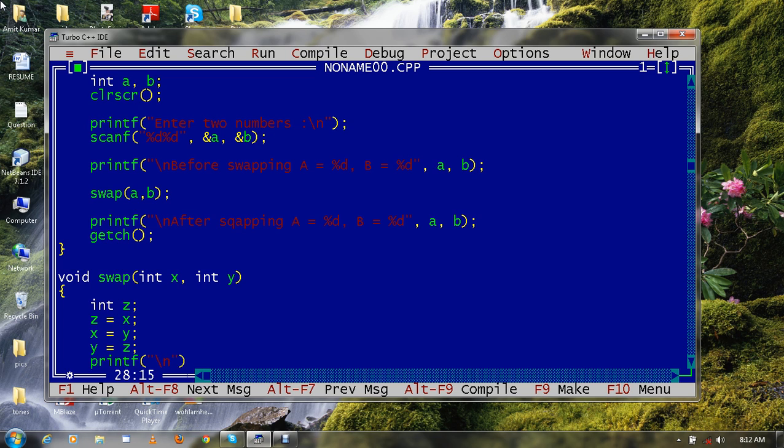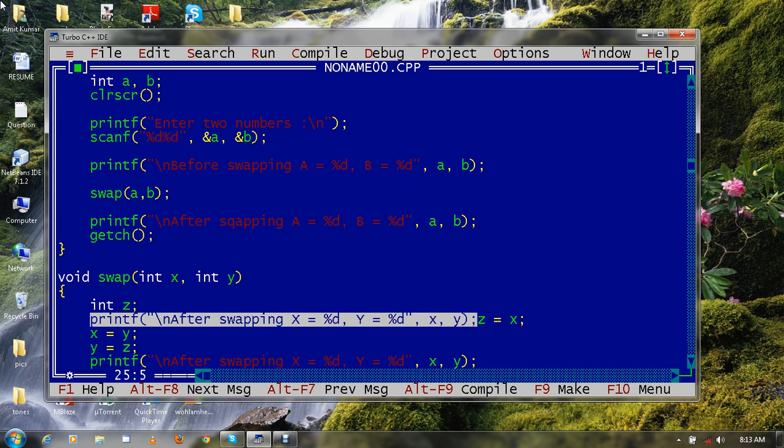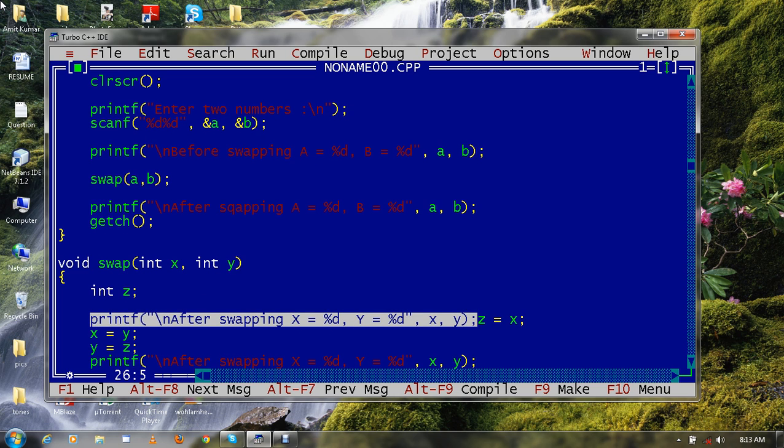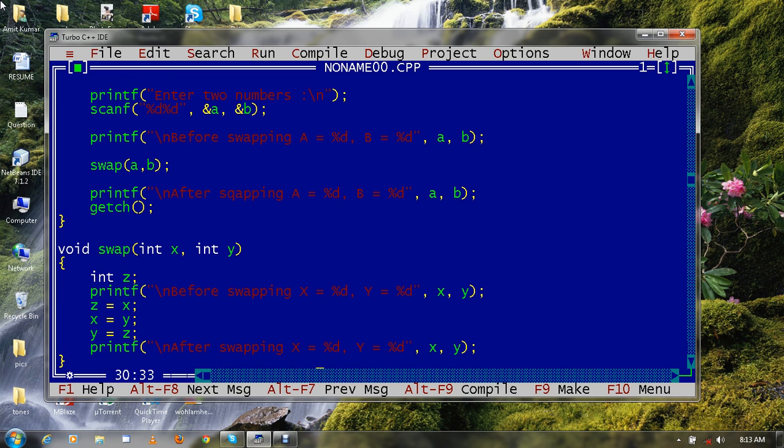So for that, after swapping, I will print x is equal to %d, y is equal to %d, then x comma y, in the same statement. Sorry, not x, x and y. Okay. Now let's run this program.